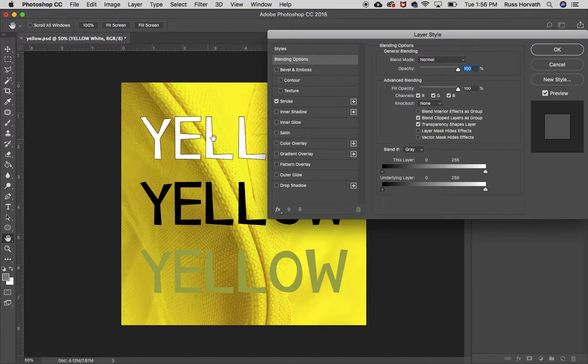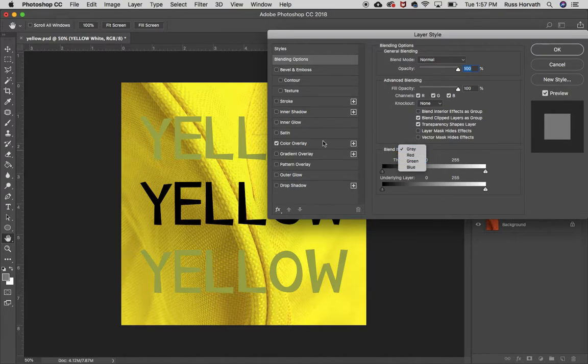That stroke is sort of like Illustrator stroke. Remember that? Inner shadow. You can see it makes it look sort of 3D, like it's squishy and you could rub your fingers on it. It has sort of a texture. We've got inner glow, which you don't see very much on the white. I see a satin finish, which makes it look almost like the gray down below, but it has sort of a ribbony satin color in there. Color overlay. You can see the gray is what I'm overlaying on top of that color, so it looks gray. But you can change this color